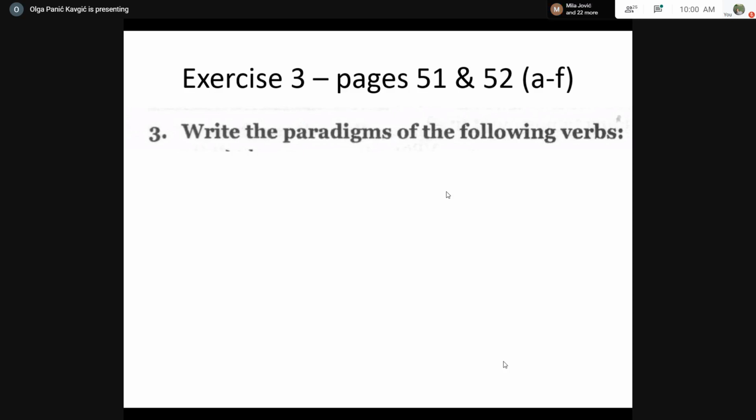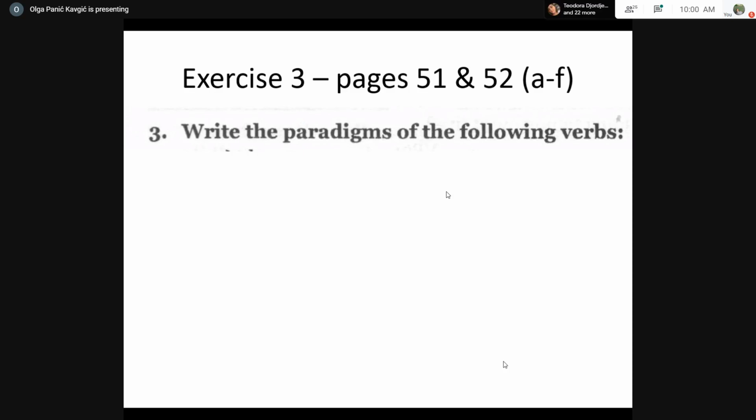Zaboravljeno u ćošku, dete je plakalo. Sad, šta bi to bilo u srpskom? Malo prije smo rekli da je onaj present participle je glagolski prilog sadašnji, a ovo zaboravljeno u uglu bi bilo nešto što mi zovemo glagolski pridev trpni. Ako se sećate, zaboravljen, zaboravljena, zaboravljeno, ili ne znam, pregledan, pregledana, pregledano, ili recimo sa nastavkom t, zadat, zadata, zadato. Okay, to su bili čuveni oni nastavci, mi smo ih bar tako učili, na, no, ni, ne, na, i t, ta, to, ti, te, ta. Sad, dakle, to je ono što je past participle.